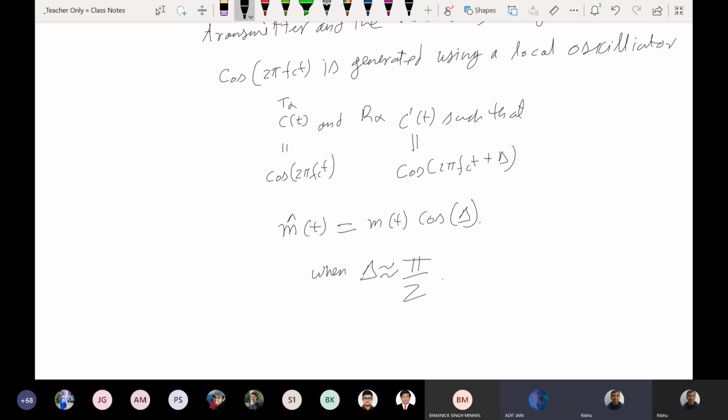Sir, with the new design that we have implemented, we have taken care of the power problem because now we are having one as a ratio. We are not transmitting a carrier component now. And since we are not transmitting a carrier component, we automatically take care of the power problem.